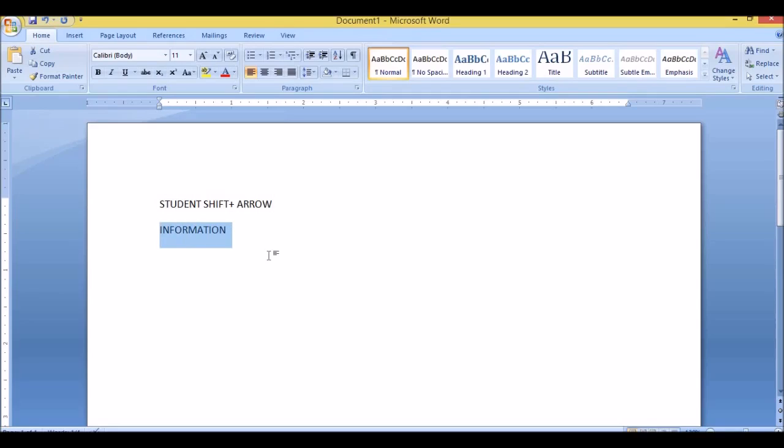Okay, and then another method for selection of text is you have to place your cursor at the edge of this line. See where I have placed my cursor, just made a click on it, the whole line will be selected. And try here also, see, just made a click, the whole line will be selected. So in these ways your text can be selected.